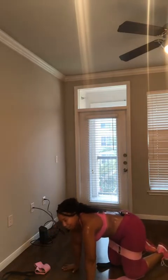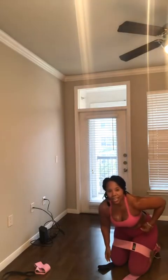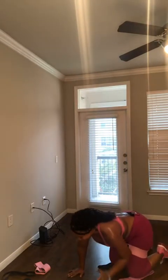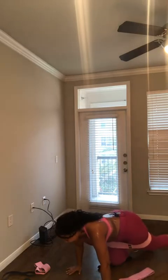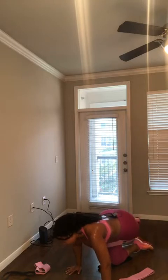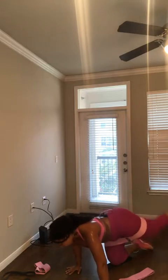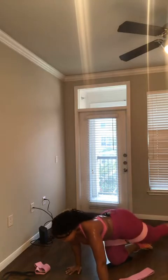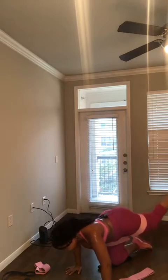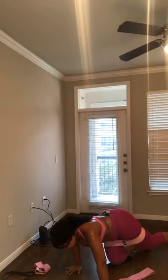So we're going to start with the right leg first. You're going to come with me if you haven't started already. And let's get it. Extend the leg, up, over, up, down. Up, over, up, down. Keep going. That's 10,